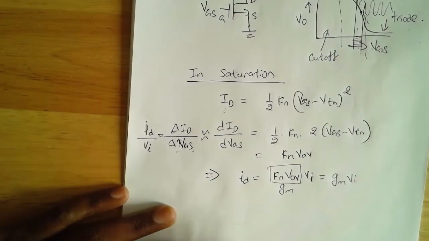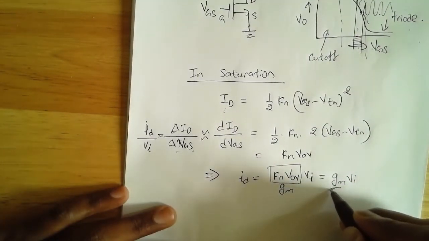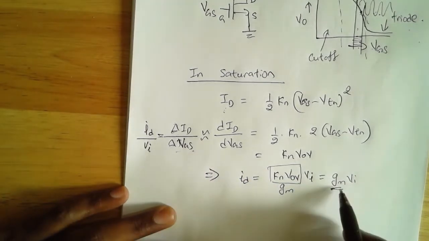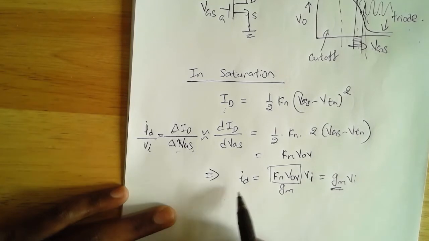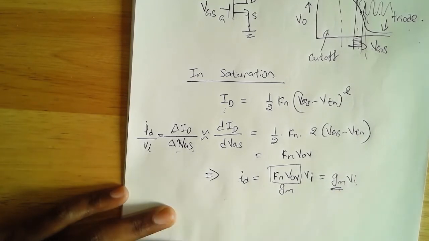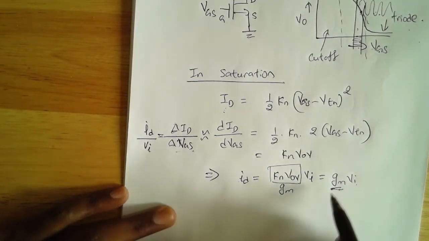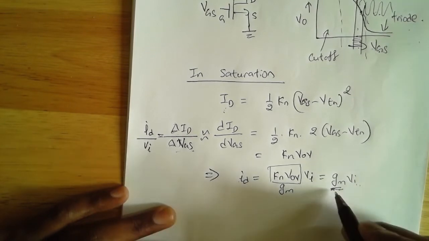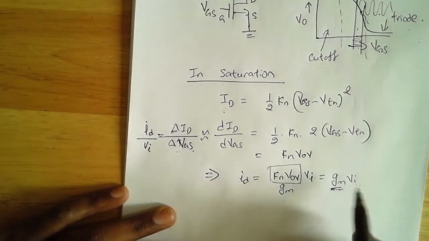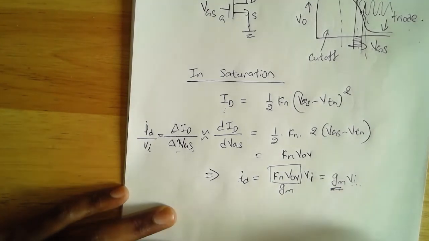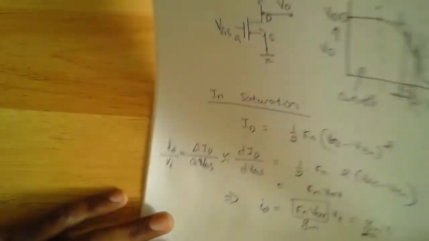Gm is basically the transconductance. It's a conductance because it's a proportionality constant that converts voltage into current. Voltage is resistance times current, and current is conductance times voltage. The reason it's called transconductance is because it converts input voltage into output current. So it's a transconductance amplifier. Now, if I want to draw a model for this,